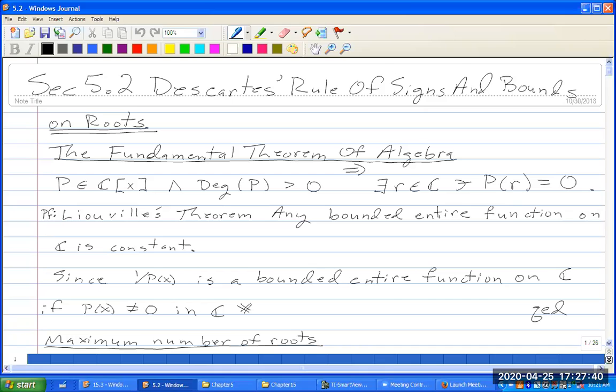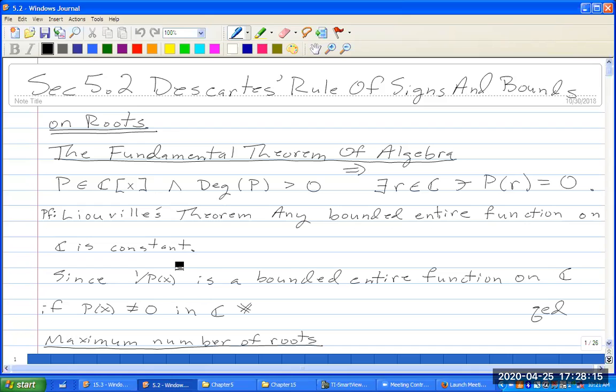Okay, so I'll give you a quote-unquote proof by Liouville's theorem. Liouville's theorem says that any bounded entire function on the complex plane is constant. And an entire function is one that basically looks like a polynomial with possibly infinite degree. And so 1 over P of x is a bounded entire function